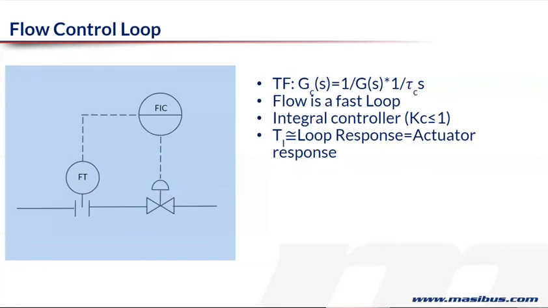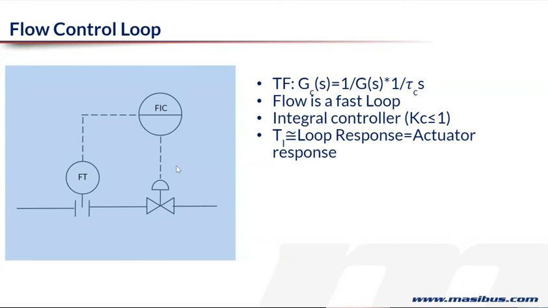Flow control loop, if you see, is a very fast loop. And in a fast loop, the only thing which matters in a PID controller is your integral term. So here, whatever be your P band setting, make sure that your P band is even less than 1. You can use the full 100% P band or sometimes even maybe 150% P band. It doesn't matter because what will actually work here is the integral term.